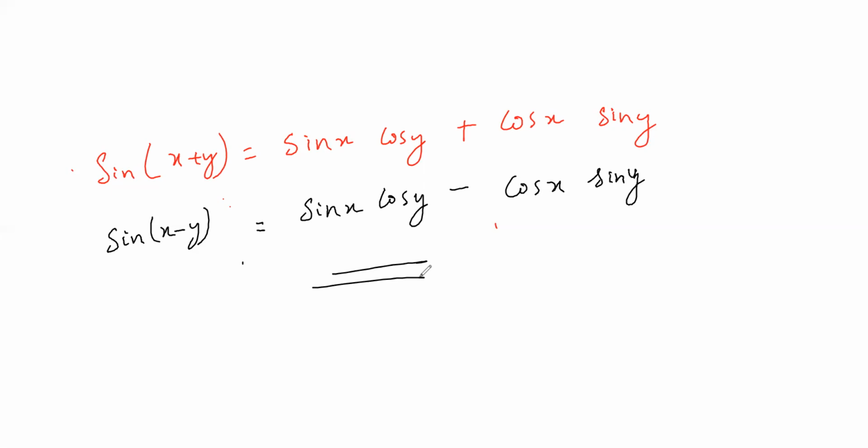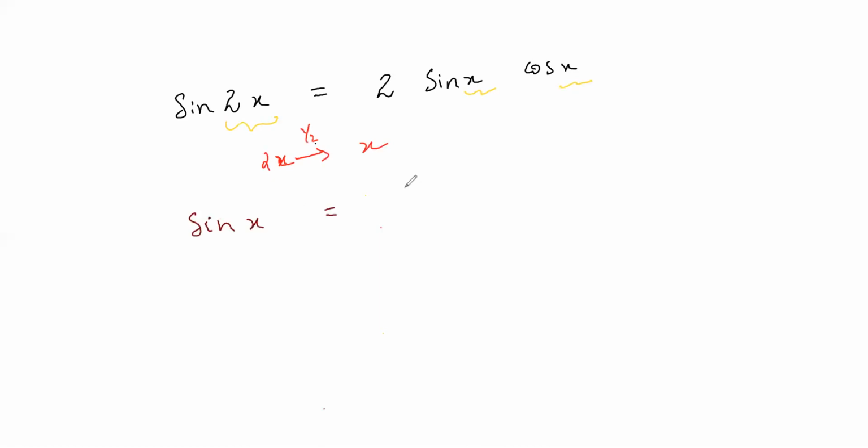Then comes our next formula, which is very important according to me. If you're planning to do engineering, only this formula will come. Sin 2x is equal to 2 sin x cos x. What is the specialty of this, I'll tell you. Here 2x is there, right? Here what is there? X is there. So 2x gets divided to half. Half of 2x is what? X. Similarly, if I write here sin x, the formula is what?